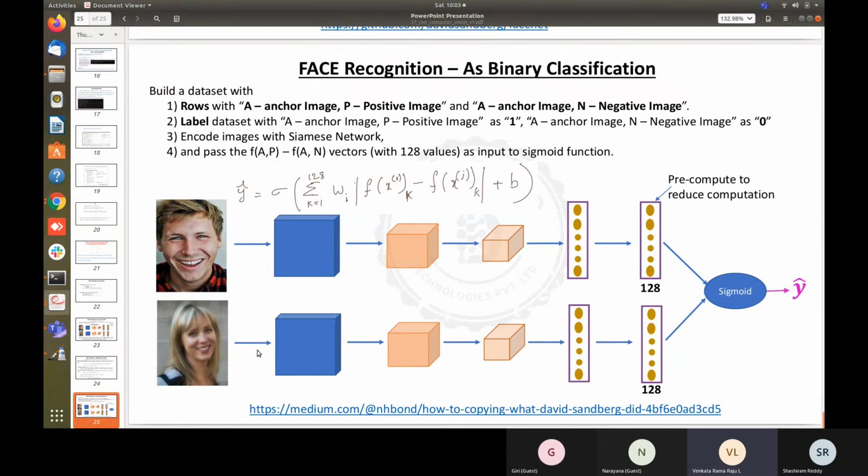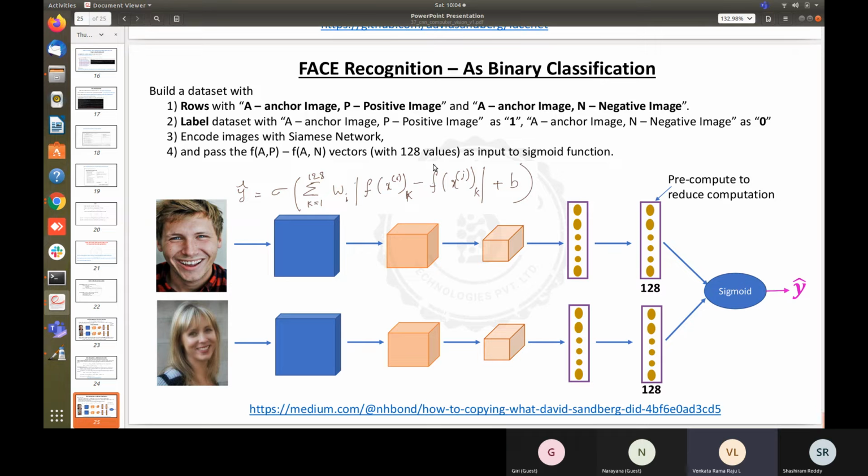Xik, Xjk, right? Okay, got it. So that's where I wrote the network like that. This is actually the Euclidean distance, right? I am passing the Euclidean distance to the sigmoid function. Then what happens? The sigmoid function will have 1 by 1 plus e power minus z, right? 1 by 1 plus e power minus